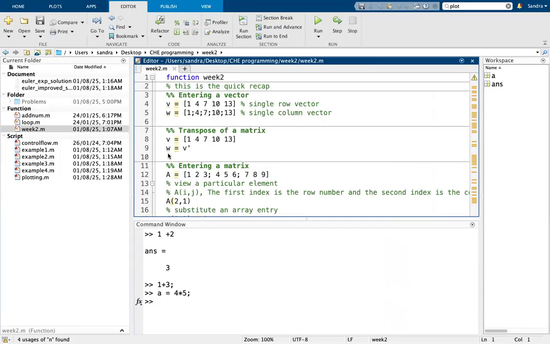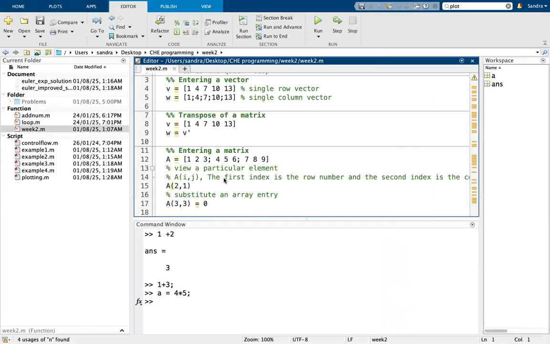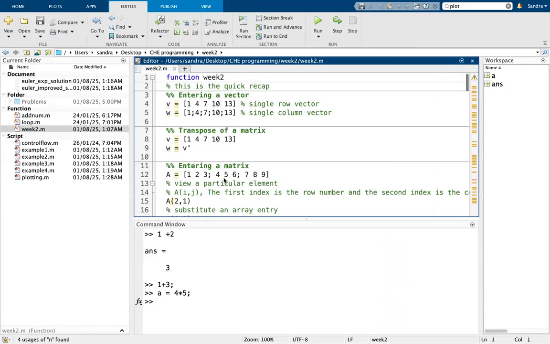Scripts are used when you have to repeat a certain set of commands. Okay. So then you'll have to use a MATLAB script. A MATLAB function is when you have to take certain inputs, do a set of functions, and give an output. Okay, if you have to take input from the user,